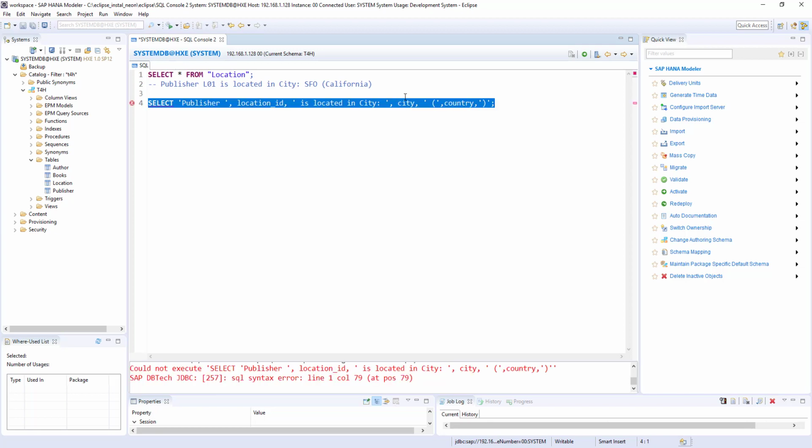So if I run this statement, okay, something went wrong, that's fine. I forgot to mention the table itself. From location.